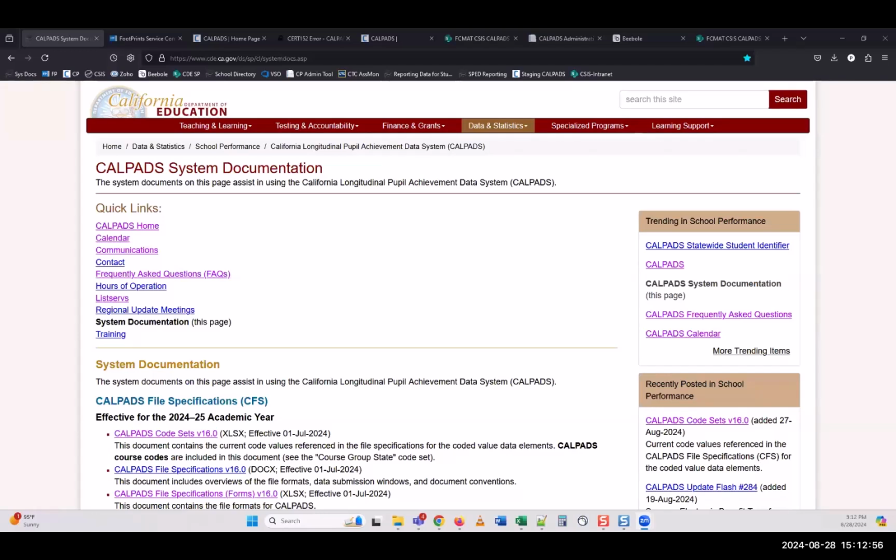Q1 from Jasmine. For adult students, who should be reported to the state as their parents? Should they ever be reported as their own parent? Or does the state still want their actual parents' information even if they've revoked ed rights from their parents? That is a local decision, and on a student by student basis.